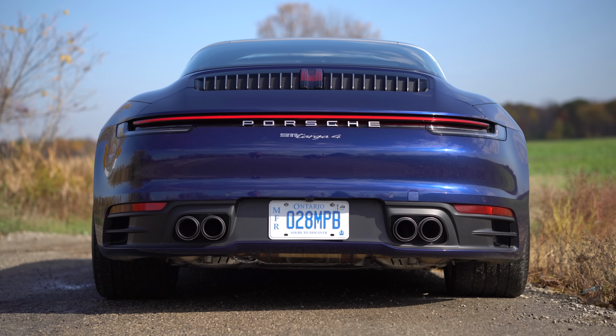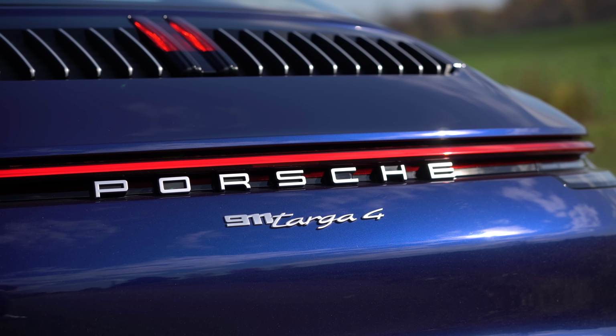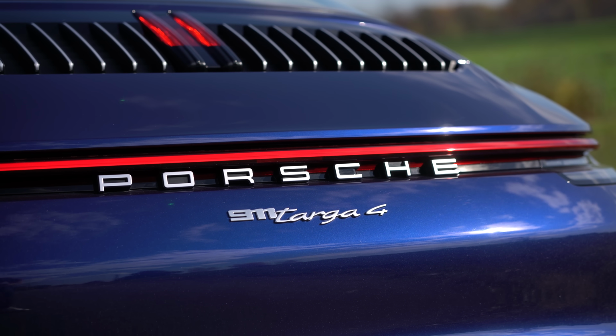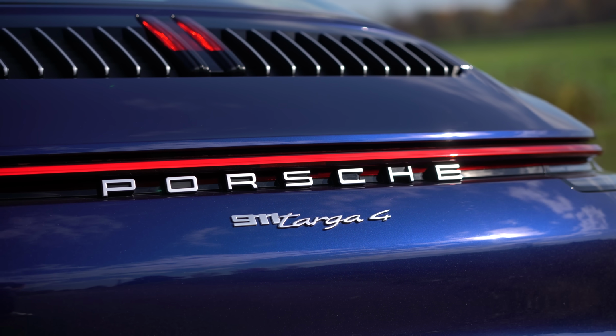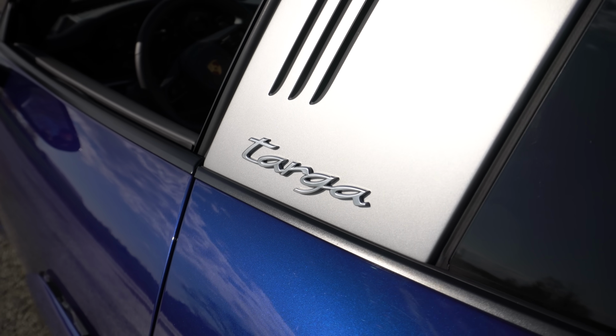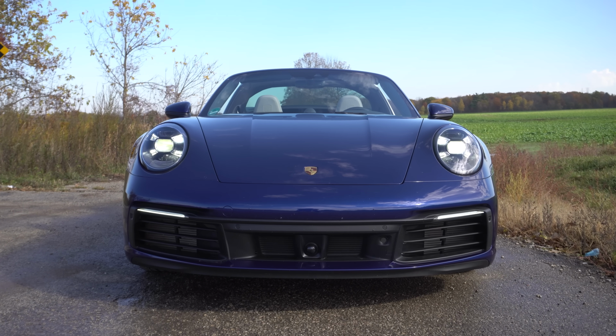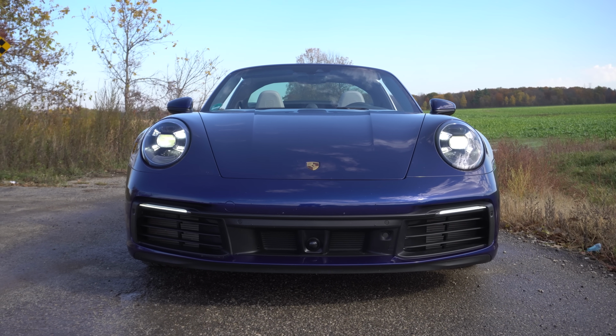Yeah, we got that light that goes across. What I really like is seeing that Targa badge on the back, because I haven't really seen that on any of the Porsches yet, and I really like badges on cars. And then you also have it on the silver bar on the side, so yeah, this is just a great looking car. But trying to film it on the silver in good sun is so hard because that thing reflects so much. And then moving on to the front, still the same 992, but what I really like is